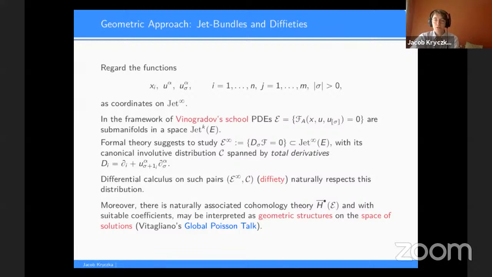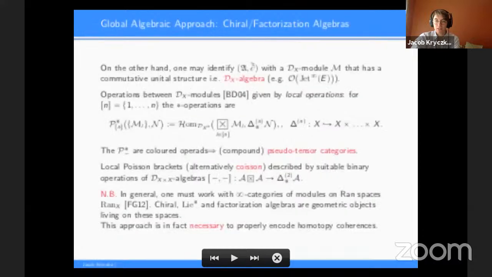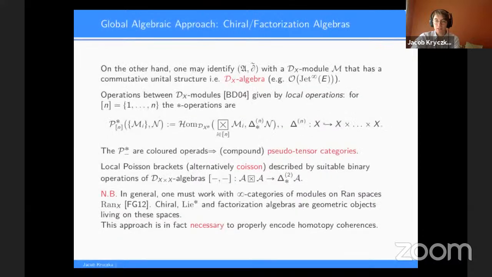Pairs of these form are called diffieties. And in general, one can develop a theory of calculus on diffieties, and this is discussed in terms of natural cohomology theory associated to these objects. I refer you to another Poisson global webinar series by Luca Vitagliano that discusses an aspect of this approach as well. On the other hand, this can be viewed in an algebraic way that we'll be adopting today,